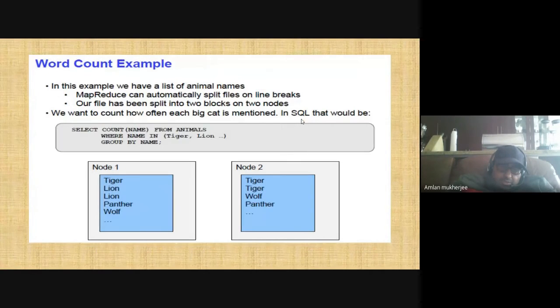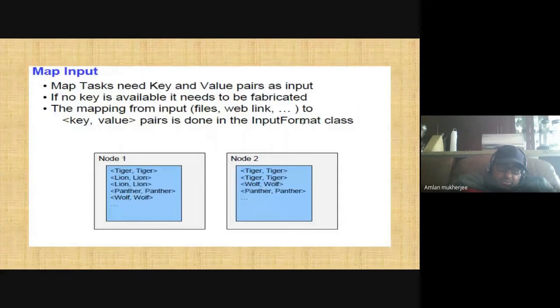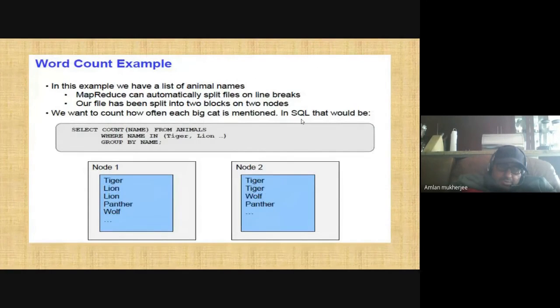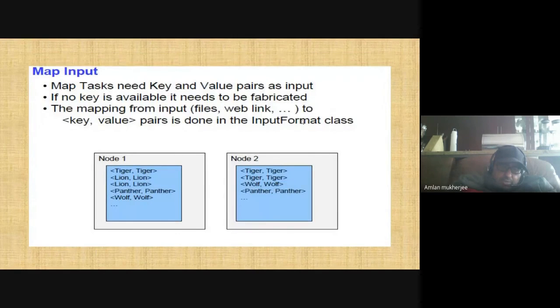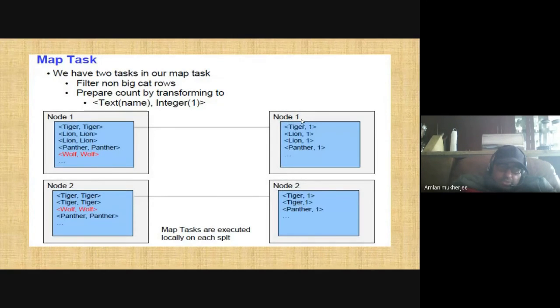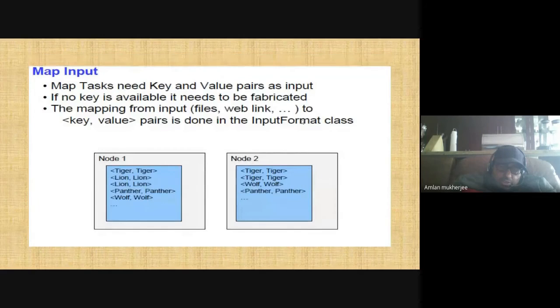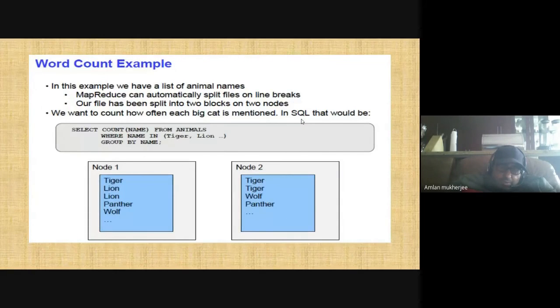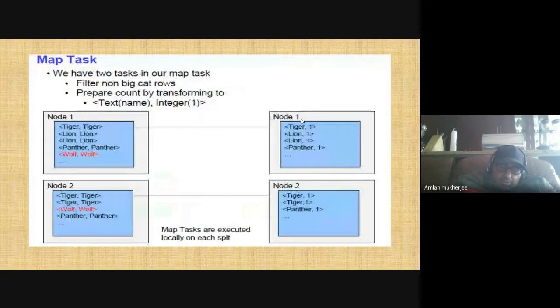So each of them, just try to correlate the two pictures. So you will see over here, from there to here, they're coming down like this. Okay, now if you see the next step, what node 1 is doing, tiger 1, lion 1, panther 1. Okay, since the SQL didn't come up with a wolf or something, probably that's why they have eliminated that one. Okay, node 2 is also doing the same thing. Okay, so you can see over here now,